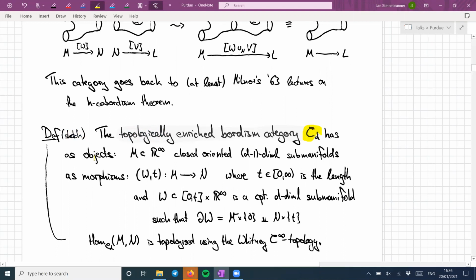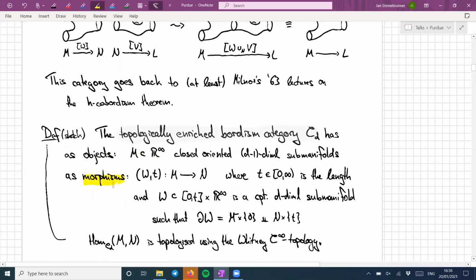So this thing has as objects closed oriented (d-1)-manifolds again, except that now they're going to be submanifolds of some fixed infinite dimensional R infinity. And somehow the idea is that this R infinity is big enough so you can embed whatever you want, and it doesn't really matter how you embed it. But this is good for concreteness' sake, because now if we have two such submanifolds,